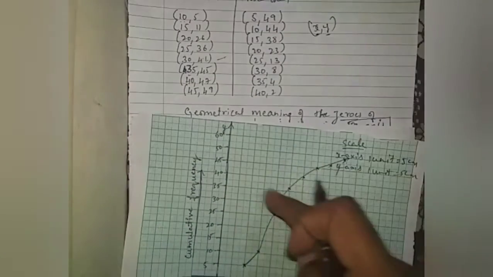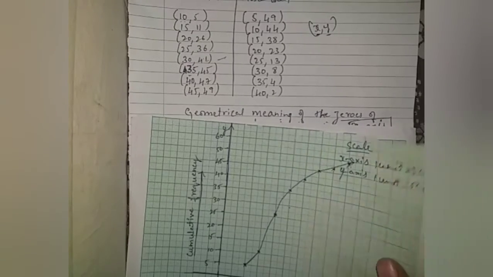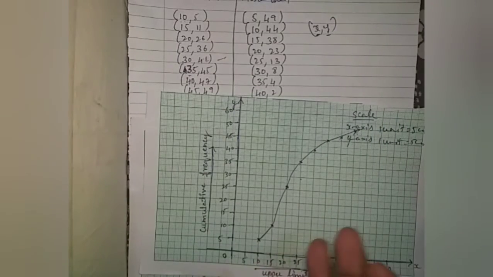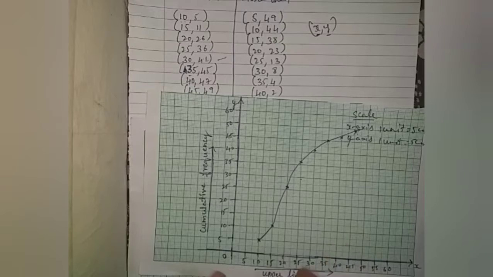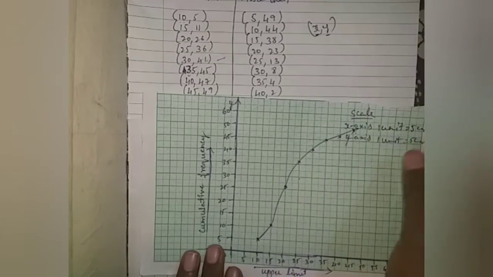The same graph, if you plot for more than, it will be in decreasing order and you will get the median. So now I plotted a single graph, the less than graph. Now I'll show you how to find the median in a single graph. Then I'll show you, after drawing two graphs, how to find the median. Got it?